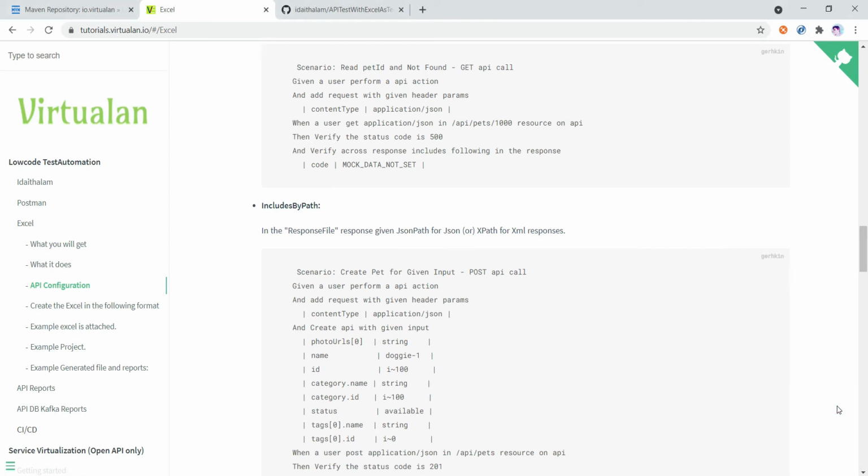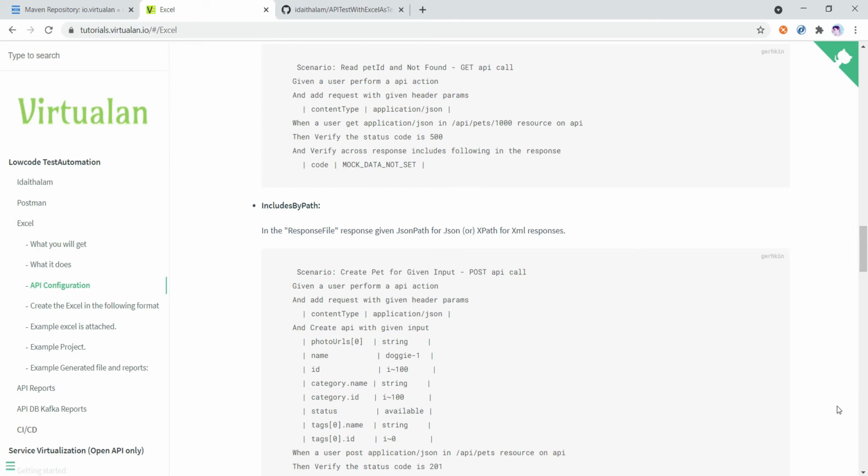Today we are going to see a new feature in our low code API framework. In this video I'm going to show you how we can store our data from a response, and if I need to pass any hard-coded variable, how we can do that in API testing. Sometimes we need to pass a value when we are testing a workflow, so we need to pass some data.